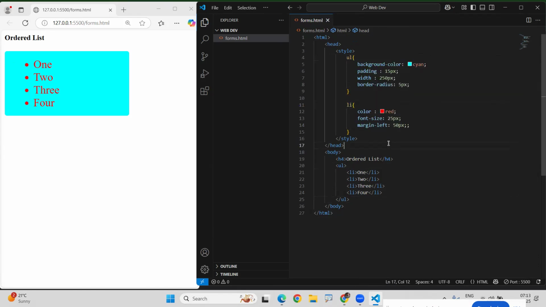Then look at this, the names have changed, all the values are represented with dots. If you want to make any small changes,